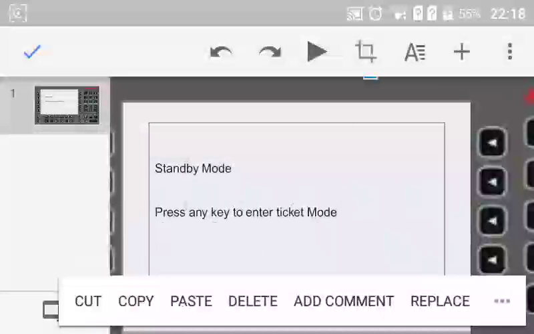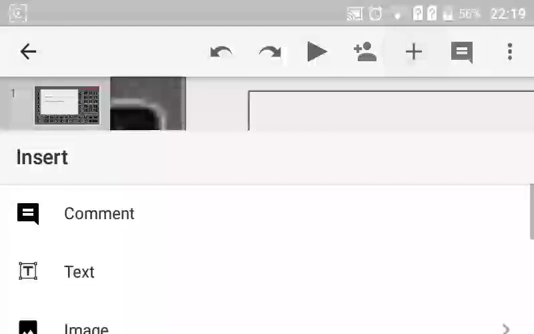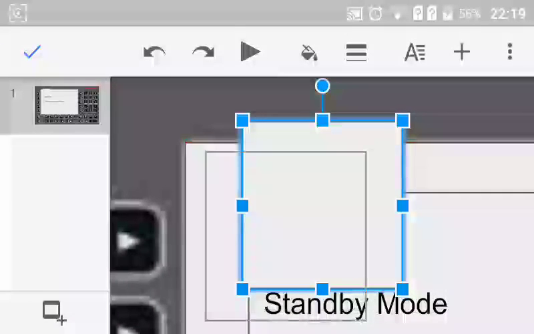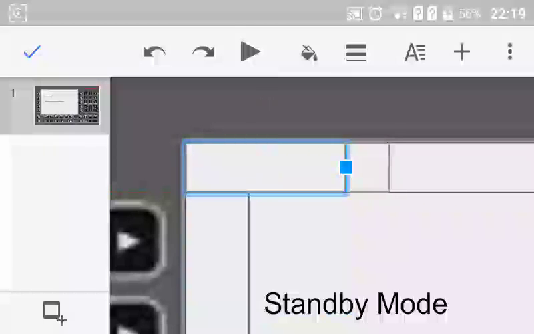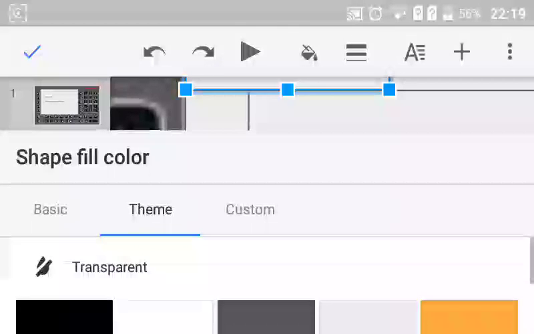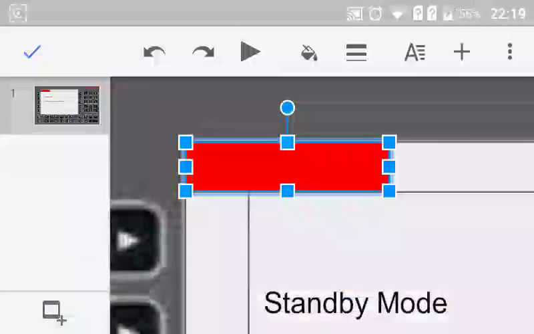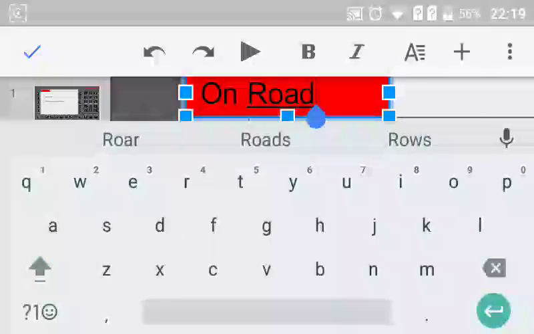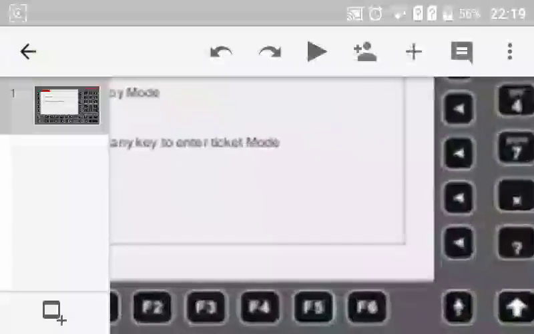Right, and I'm also going to have to add the authentic Almex on-road or at-stop box. So anybody who's used an Almex machine before will know there's a little box in the corner that either says on-road or at-stop. So at the moment we're going to be